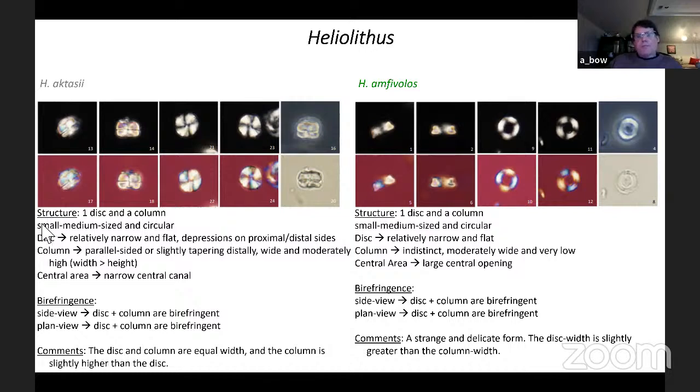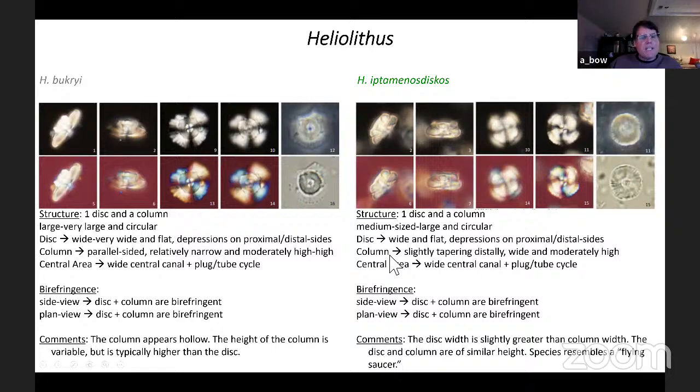Heliolithus amphibolos, it's a unique form, one disc and a column with a relatively wide central opening. It's a strange and delicate form. The column is indistinct or very low, but you can see that the disc is wider than that column-like structure. Heliolithus buckrii, that's unchanged. It's a good marker and good event. Parallel-sided column,